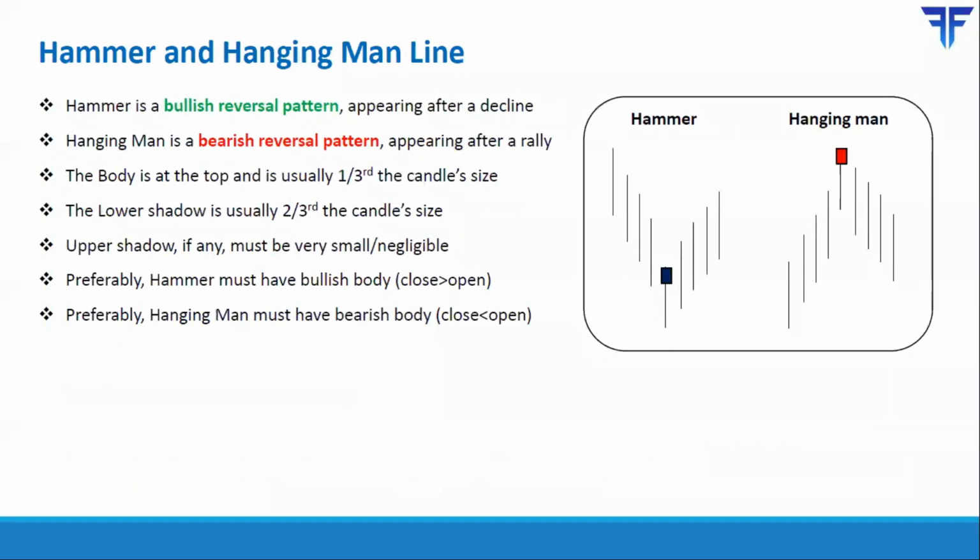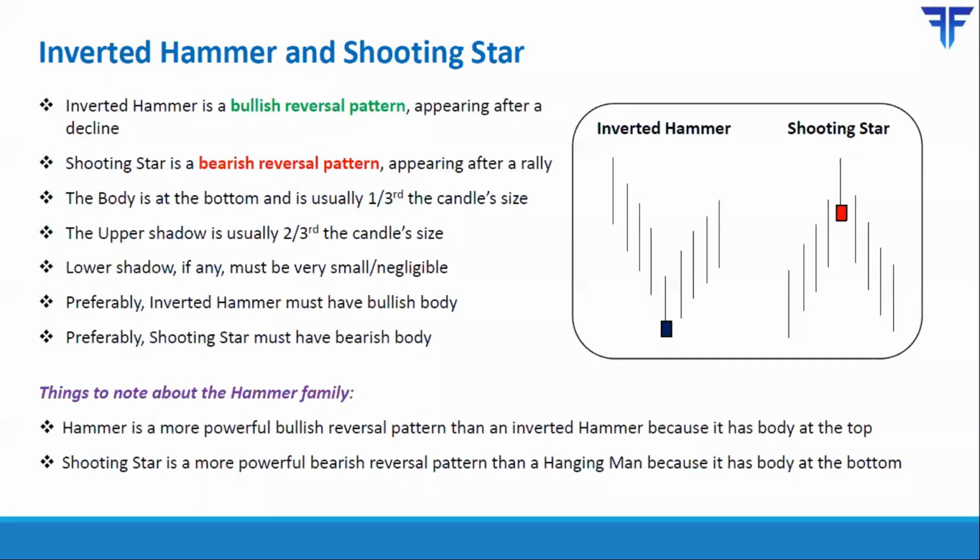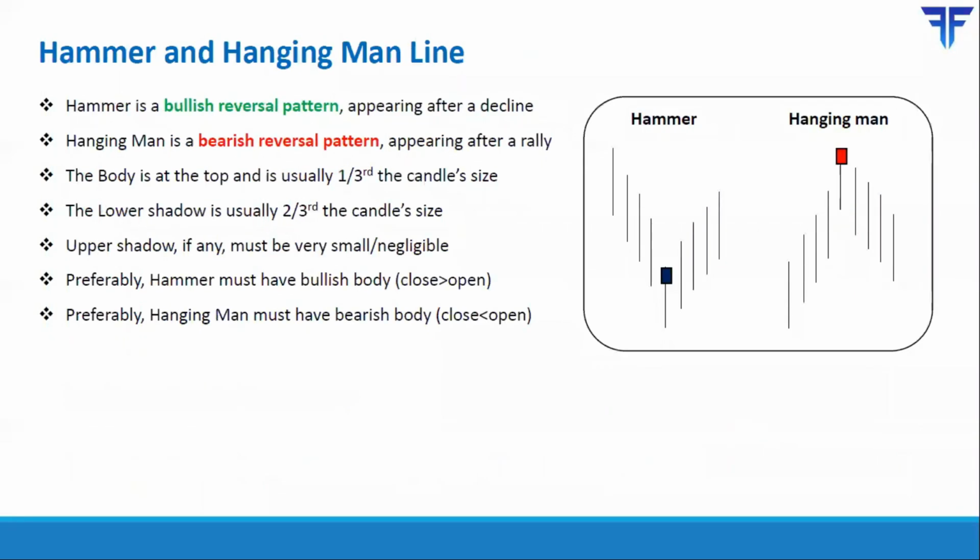So as you can see from this, a hammer and an inverted hammer are bullish reversal patterns, whereas a hanging man and shooting star are bearish reversal patterns. Now let's for a minute compare hammer and inverted hammer. A hammer has a real body that is situated at the top, whereas an inverted hammer has a real body that is